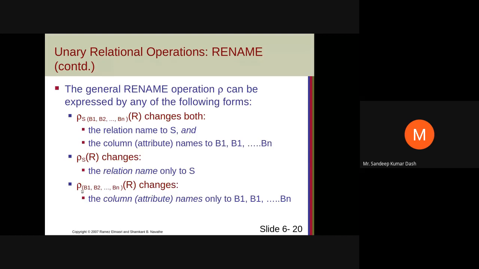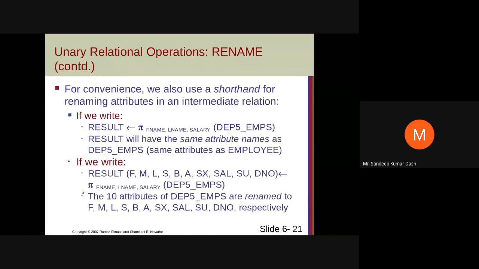So this is the way you rename any existing relation formally. This will not affect the database. This is just a formal representation for representing the query. This is the example of that.